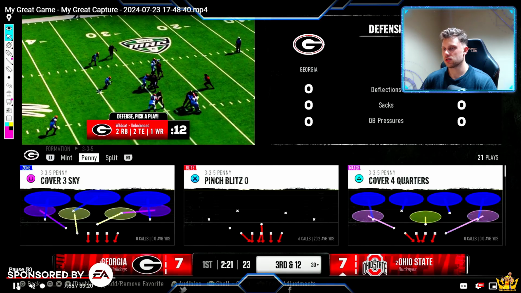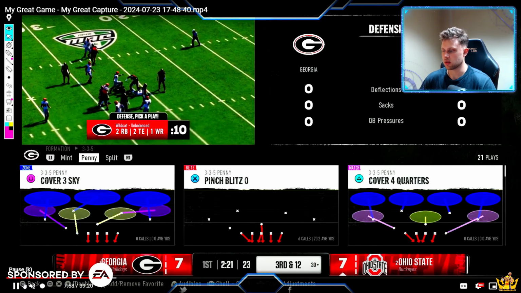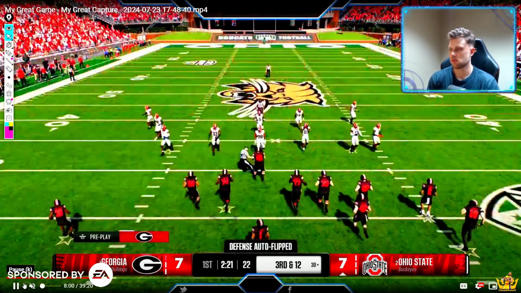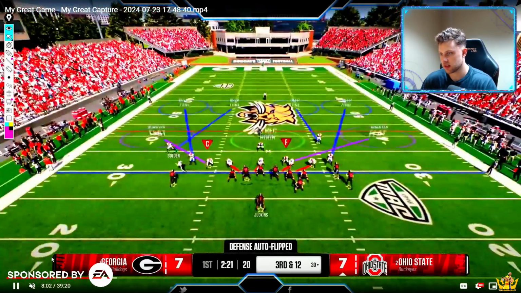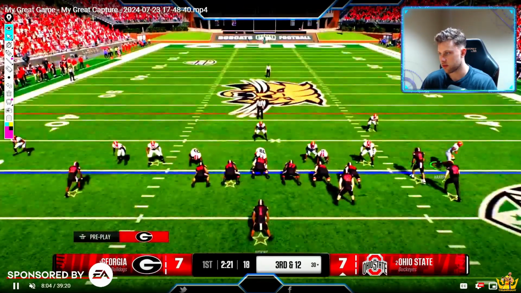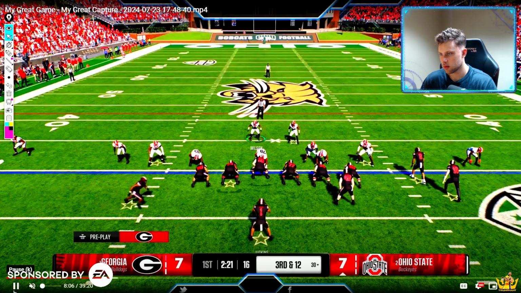So he's actually going to go to the Wildcat unbalanced formation on 3rd and 12. Let's see how Manu decides to play defense against this. He's going to come out in cover 4 out of the same set. He's going to spread out his corners, so that way there's going to be more holes up the middle of the field, hopefully, for this guy on offense. But hopefully for Manu, he's not going to be able to get to the